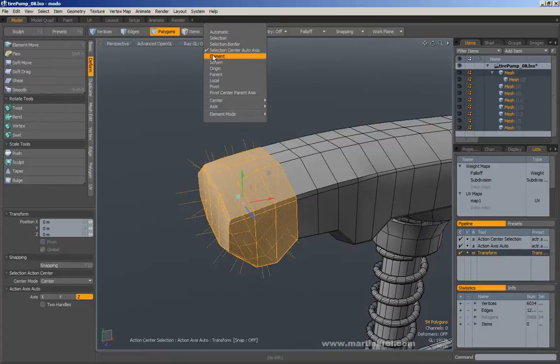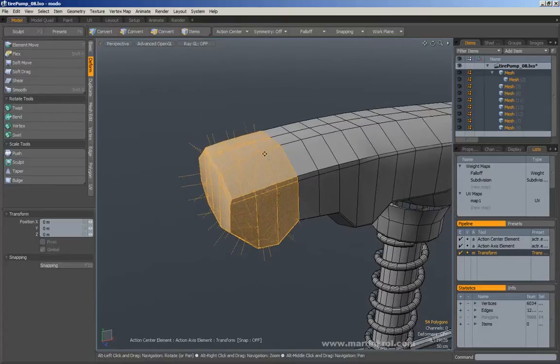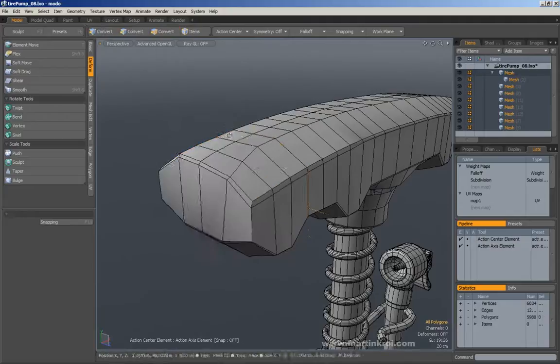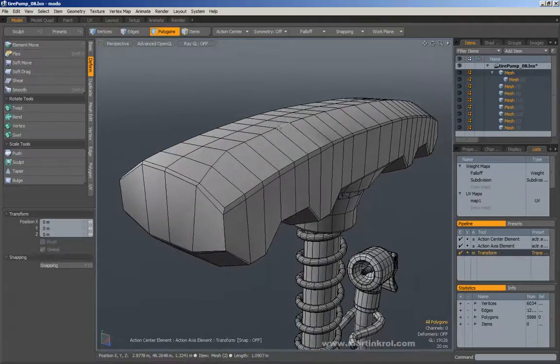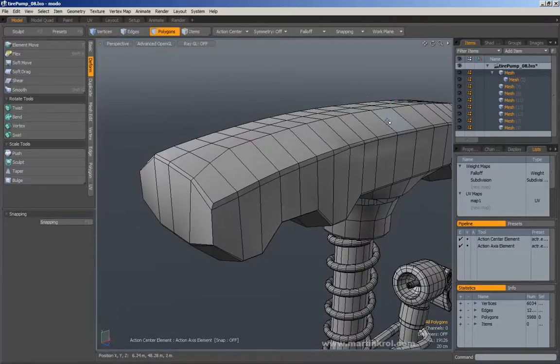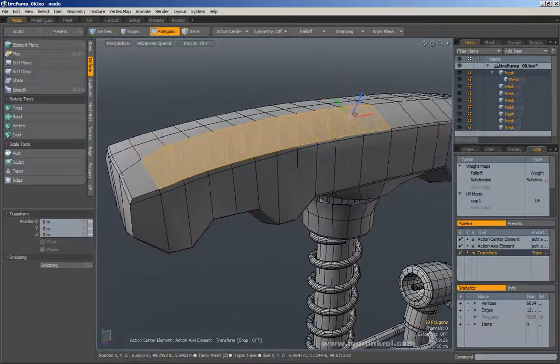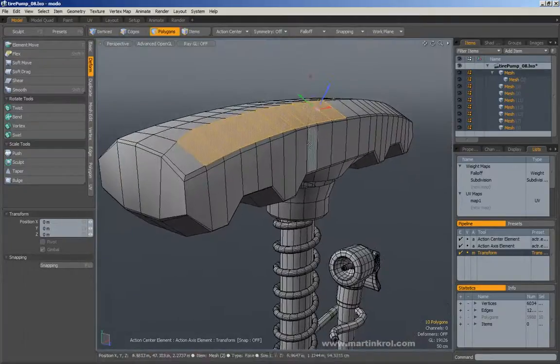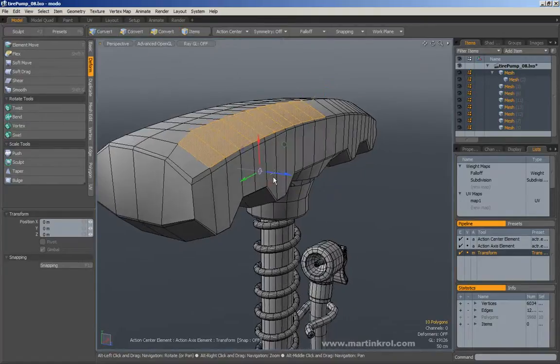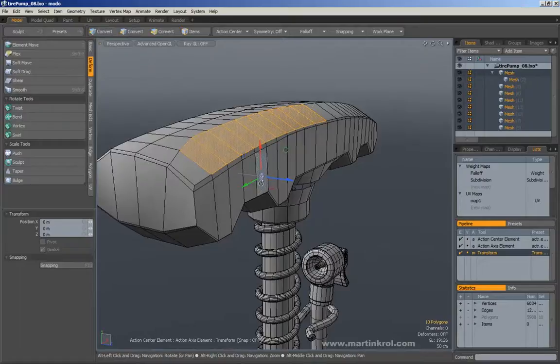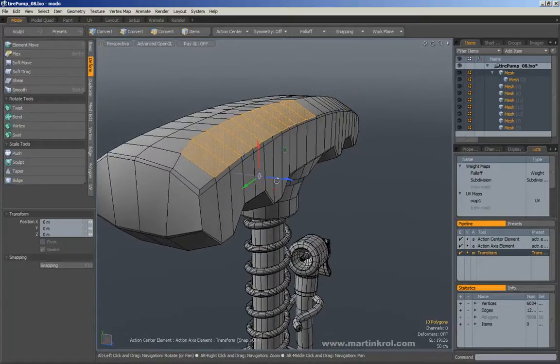Now, the element action center is a little bit different. The cool thing about the element action center is that I can make a selection, whatever it may be, and then right now you see it being aligned like this. But the cool thing about this one is that I can freely select anything I want. I can select the polygon, edge, or vertex anywhere, and it's going to align the manipulator to that element's axis